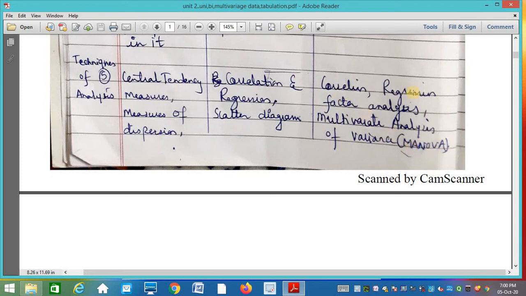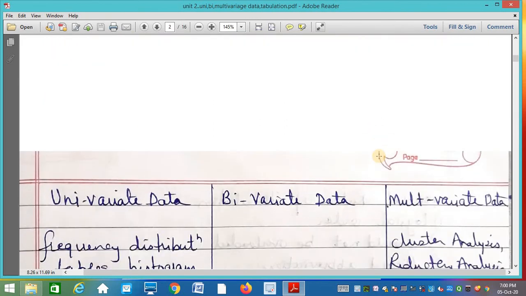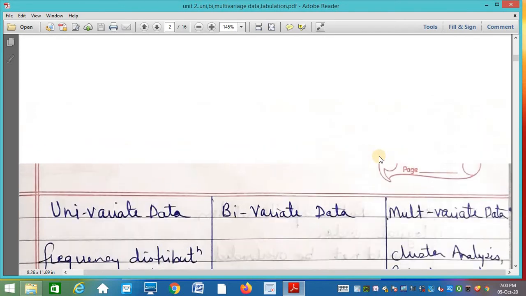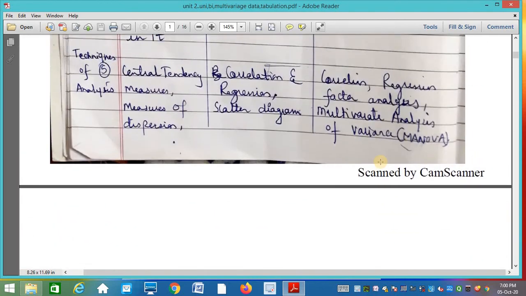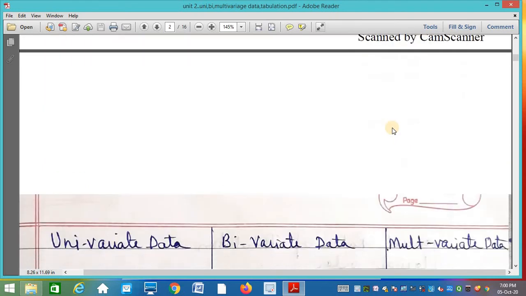If you are not aware of these things, I will be making videos on these things also, so you all can see afterwards. Cluster analysis you can use. These are little advanced techniques of data analysis that you can apply for the multivariate data.